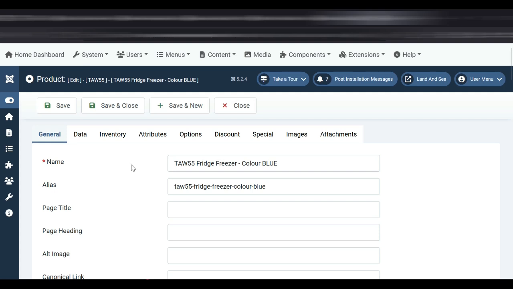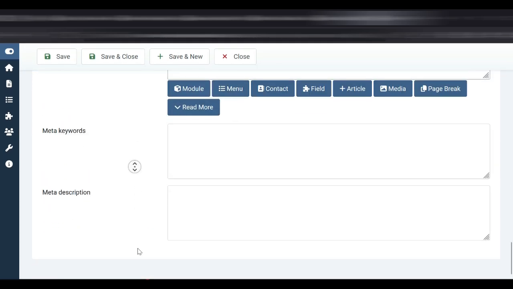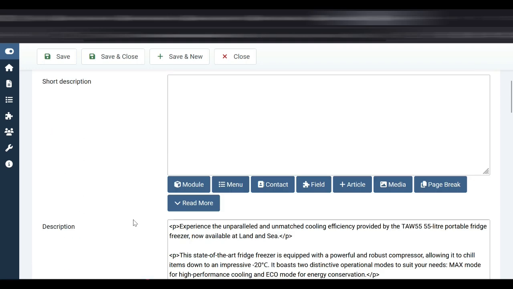It's very simple, it's very easy, and it's just something you need to keep on top of, because as you add products, it's very easy to forget the optimization. And it's literally what, 4 fields, 3 fields there, and then 2 at the bottom. So 5 fields. So it's not